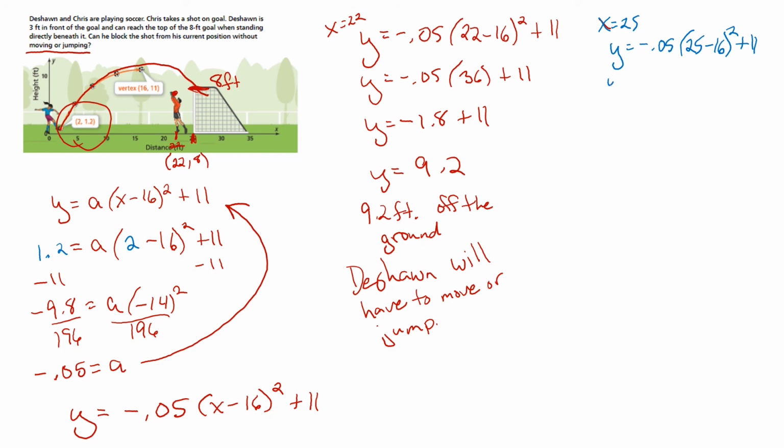So 25 minus 16 is 9, squared is 81, plus 11. Negative 0.05 times 81 is negative 4.05. Add it to 11 and we get 6.95